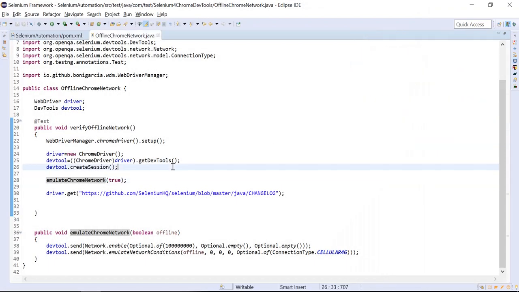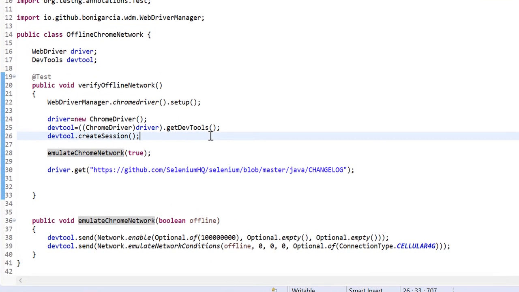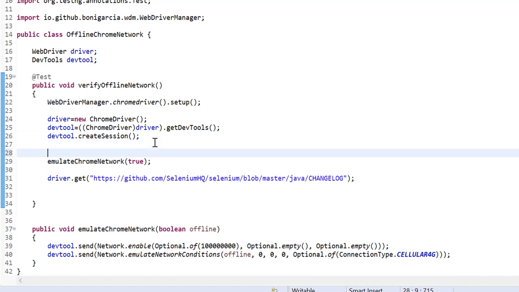We can achieve this using a listener. Let me show you how. We have to add it before emulating or after emulating, but we should make sure we write those lines before launching this browser.